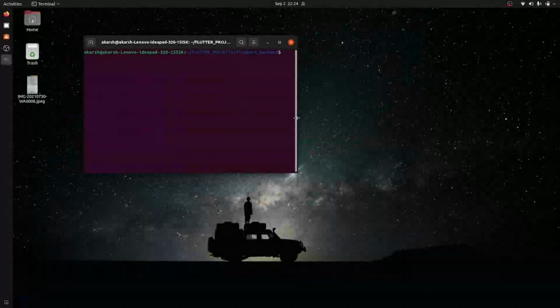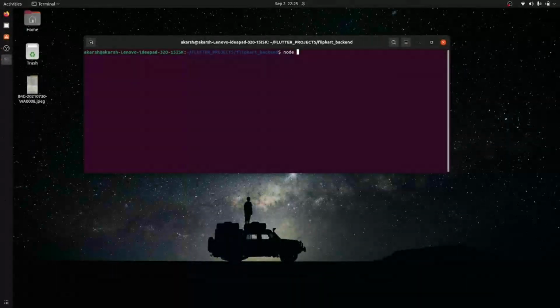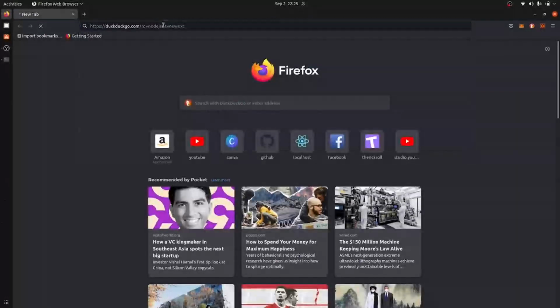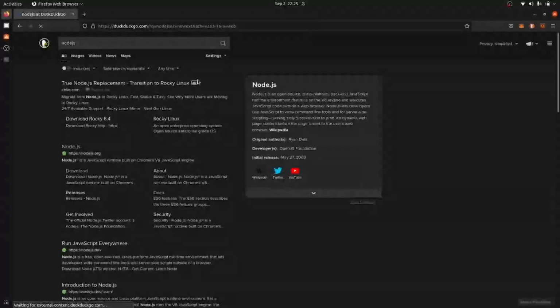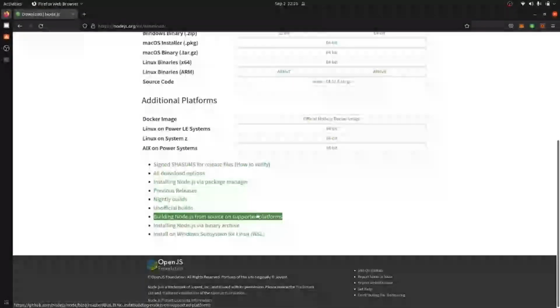So firstly, in order to create a Node.js application, you need to have Node installed in your system. So how can we install Node? You can directly go to nodejs.org, the official site, and they have their steps. If you are on Windows, then you can directly download it. If you are on macOS or anything else, you can just follow their steps.